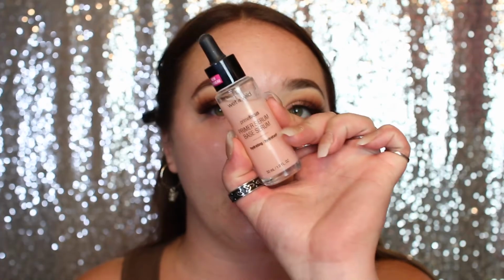And this is definitely more of a dewy primer. I also have this Wet n Wild Primer Serum. This is the hydrating one. These two feel very, very similar. So you get 30 milliliters in the regular one, and then you only get 20 milliliters in this one. But I also think the regular one is a couple dollars more. So guys, they kind of feel the same way. The only difference is this does have a scent. So I'm going to go ahead and apply my foundation and all my cream products, and then I'll be right